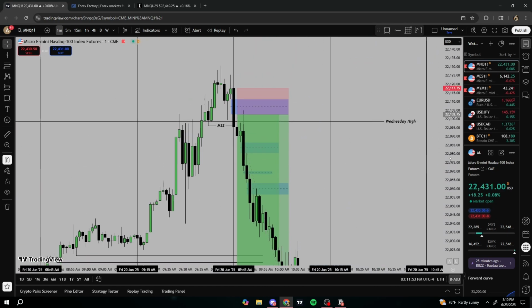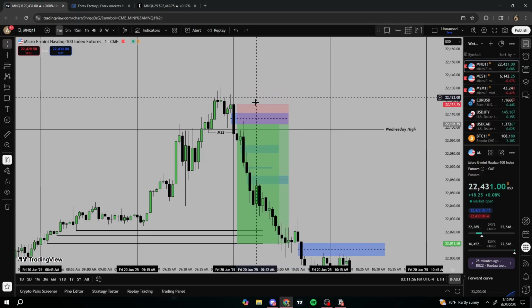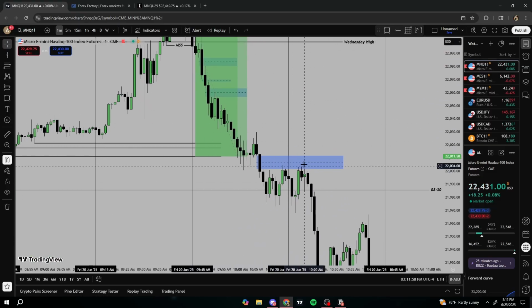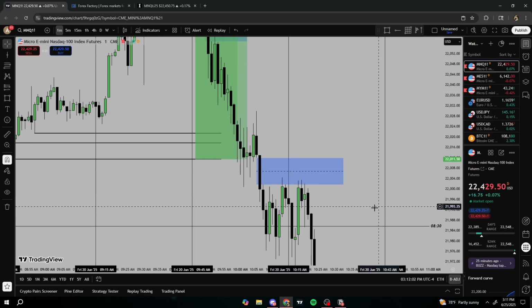I risked like $200 on this trade, and then coming down here, I only risked like 50 to 100 because I'm already up for the day and I don't want to risk too much of my profit. So we came up here,